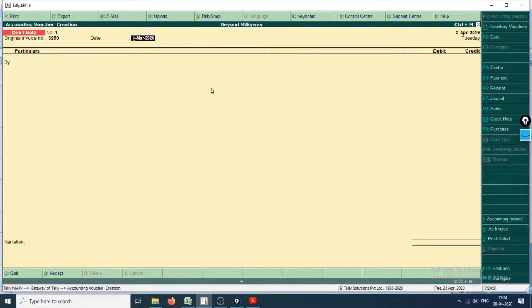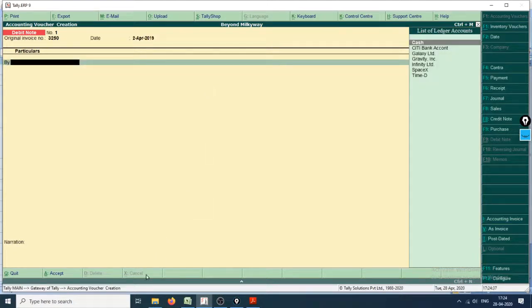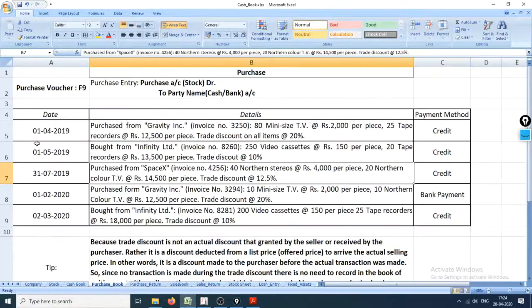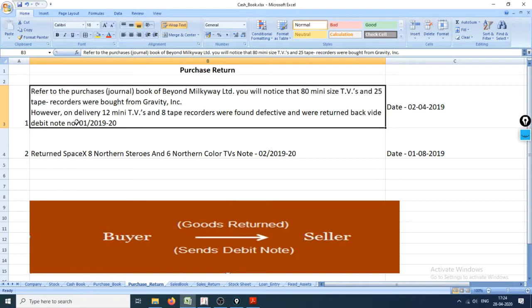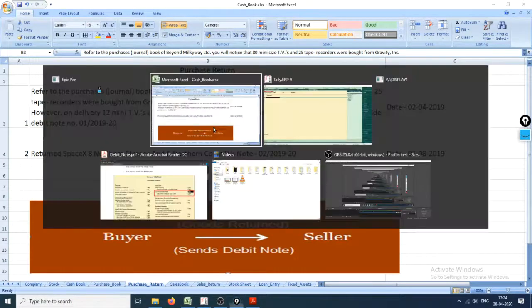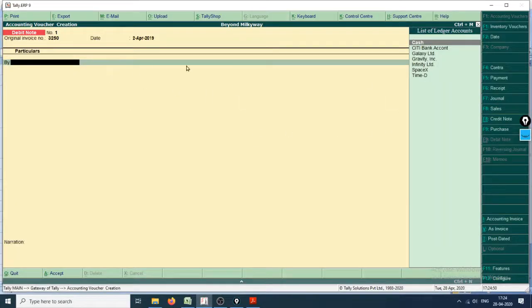Okay, so looks like we are pretty quick in returning the goods because we purchased goods on 1st April and we have returned them on 2nd April. Good going, company. Yeah, so let's see what details it has to offer.